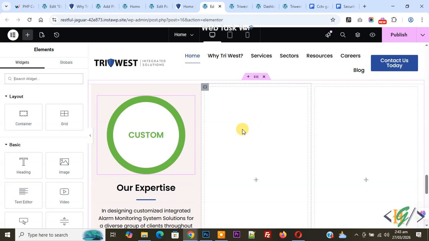Bismillahirrahmanirrahim. Assalamu alaikum. My name is Hassan and today we are going to add progress bar in circle layout in